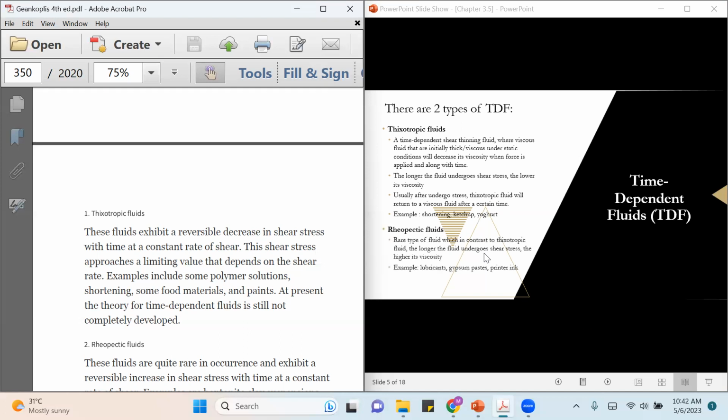And then the second one is rheopectic fluid. It's a rare type of fluid. In contrast to thixotropic fluid, the longer the fluid undergoes shear stress, the higher its viscosity. It's just like lubricants. So this is actually the same as the dilatant fluid, but it's the TDF version of it. So the examples are lubricants,